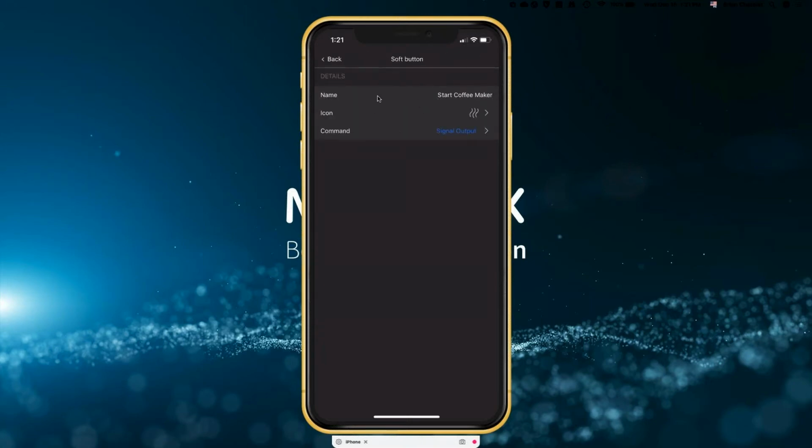So if I wanted to create another soft button, well, first I'll show you the coffee maker. When I just basically clicked on the name, I have a choice of icons here, and I'll show you that in a minute. And then the command: I'm going to signal an output.